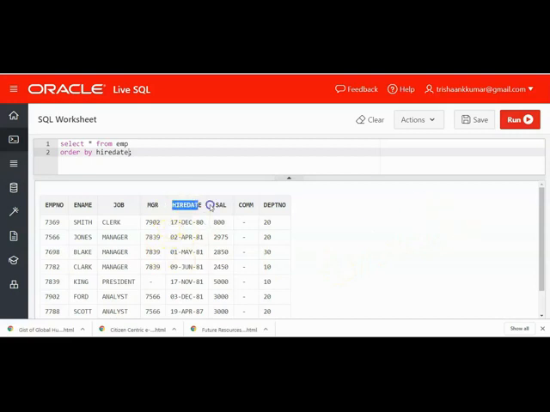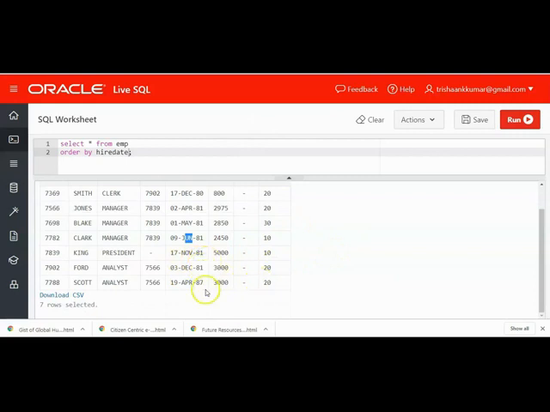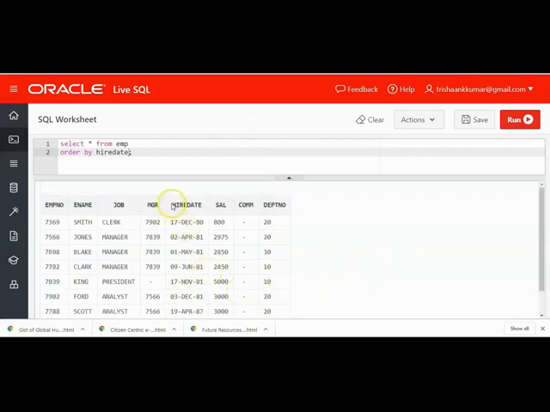He might also ask the same question as: display the employee details based on experience, because the employee who joined in the year 1980 will be the senior-most employee, followed by 81. In 81, again the data is sorted based on April, May, June, November, December, followed by 87. So based on the date column also we are able to sort data. The question may be related to the seniority level or experience. He might ask you to display the details from junior to senior employees. So anything here he can ask you.